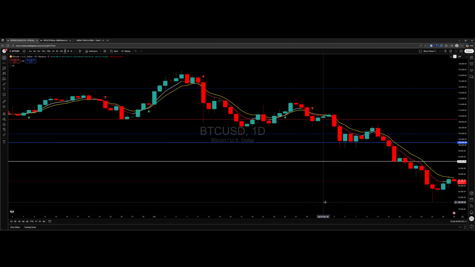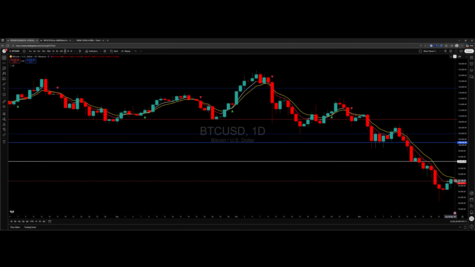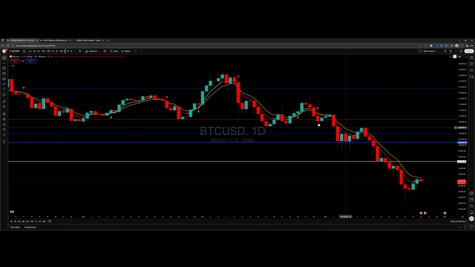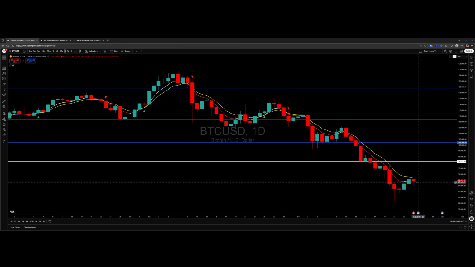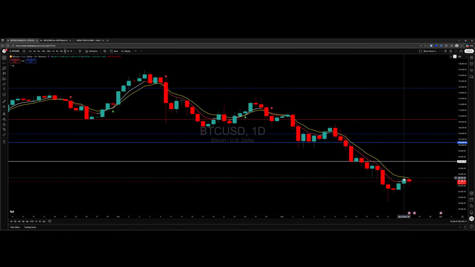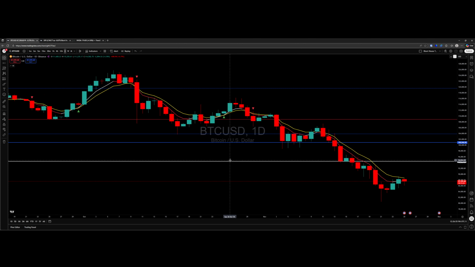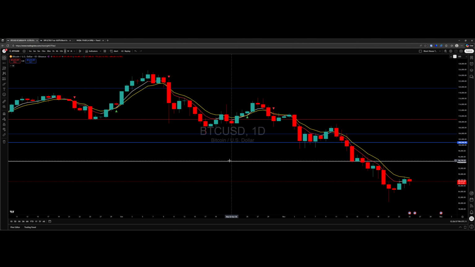And here we are today. So what could be happening? What does this look like? Perhaps like, I don't know, maybe we've seen it a few times before. This looks like a test of the T-line. And if it ultimately ends up being a failed breakout and this dies and you roll over, you're going to come back and take out these previous waves' low or more. The chart doesn't lie.